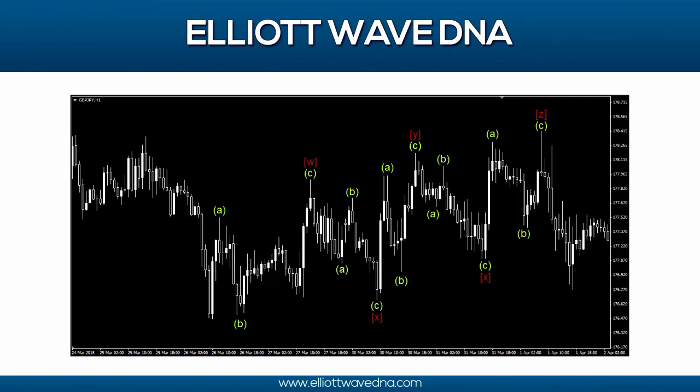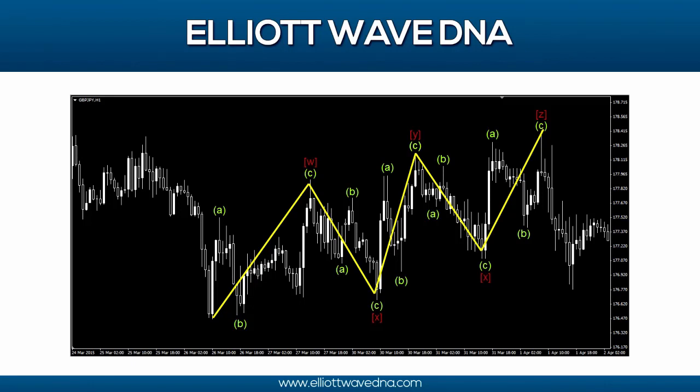This is the chart of the pound-yen on the 1-hour time frame where we spotted a potential Triple Three correction developing. And if we go and look from the bottom to the top, the movements are clearly not impulsive. There is no impulsive move there. Maybe there were spikes, but there were more overlapping movements till the top, so that only tells us that there is a good chance that it's going to be some sort of a correction. And if you start checking, you are going to see 5 waves, where each leg has 3 smaller subwaves, and the only option to go with this at the moment would be to call this some sort of